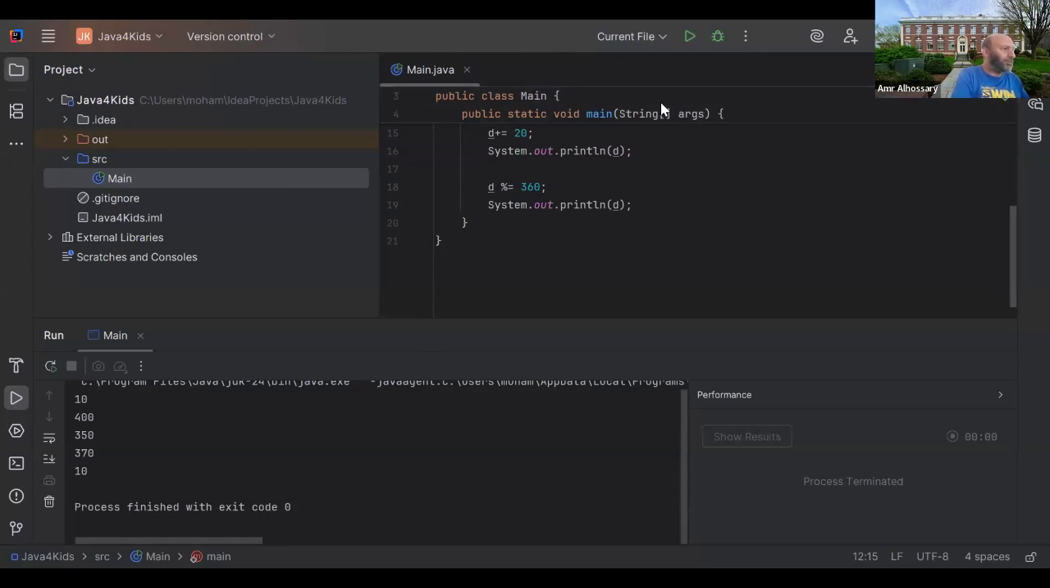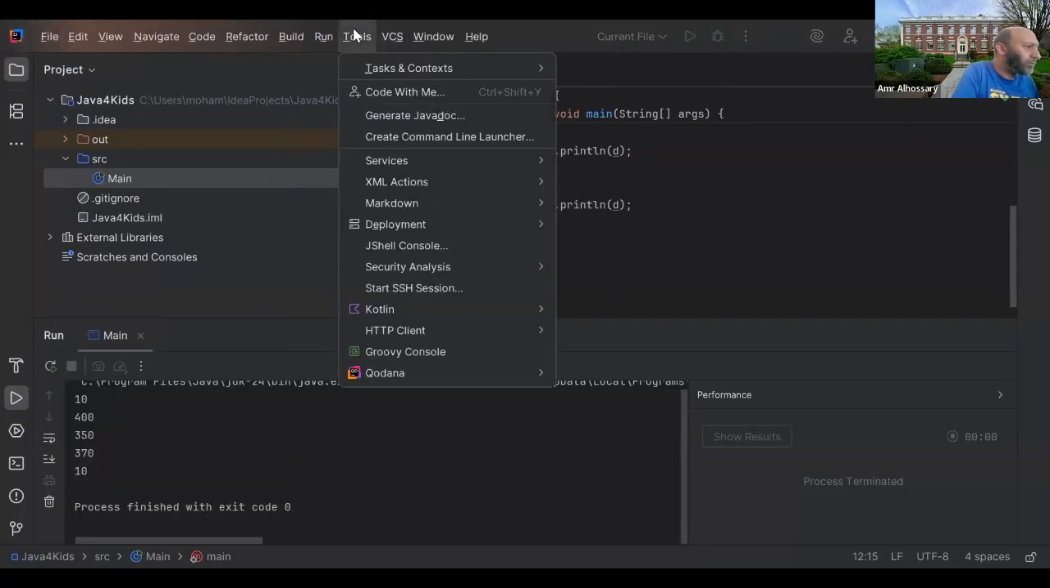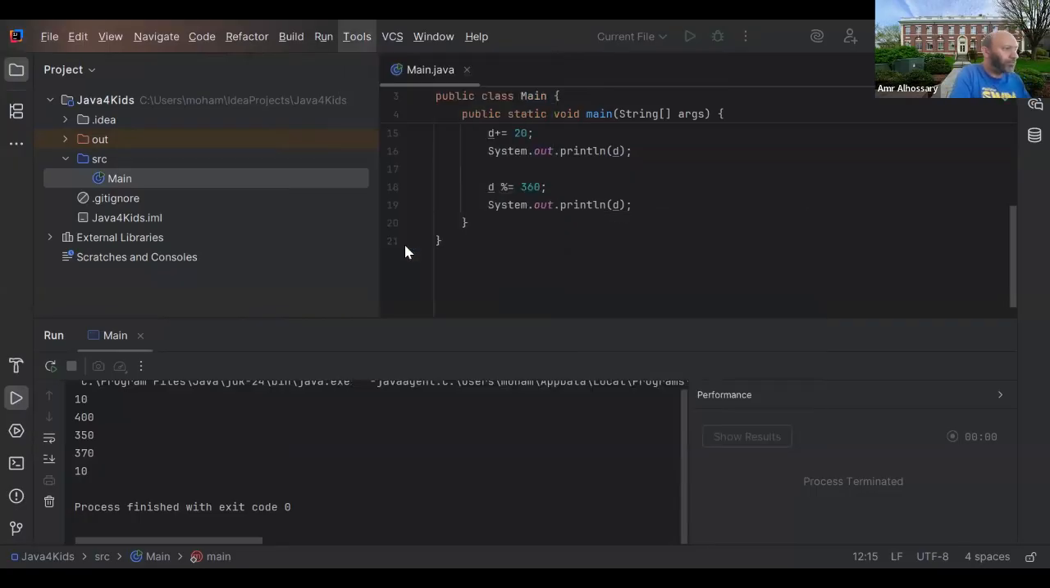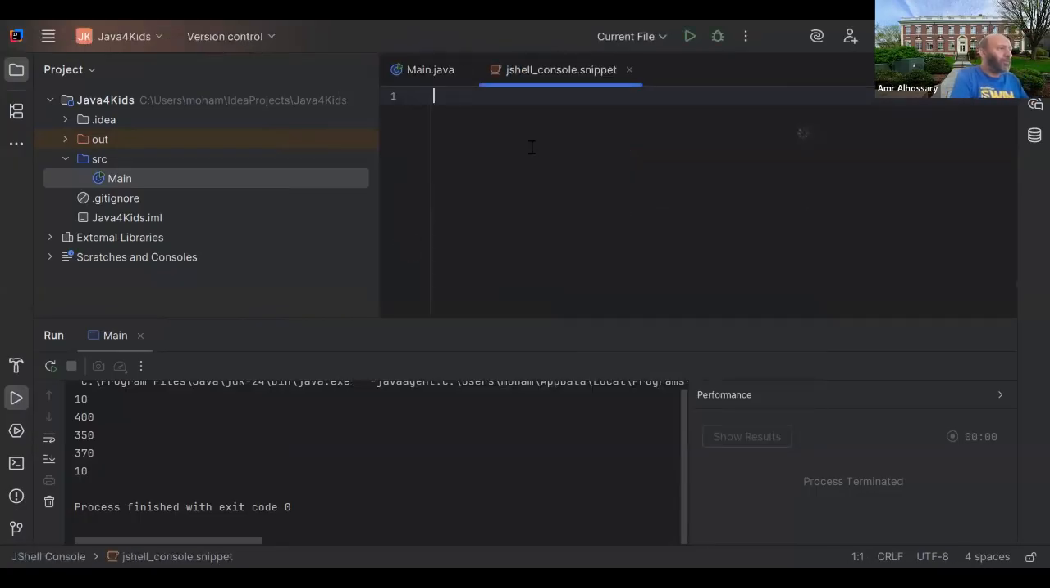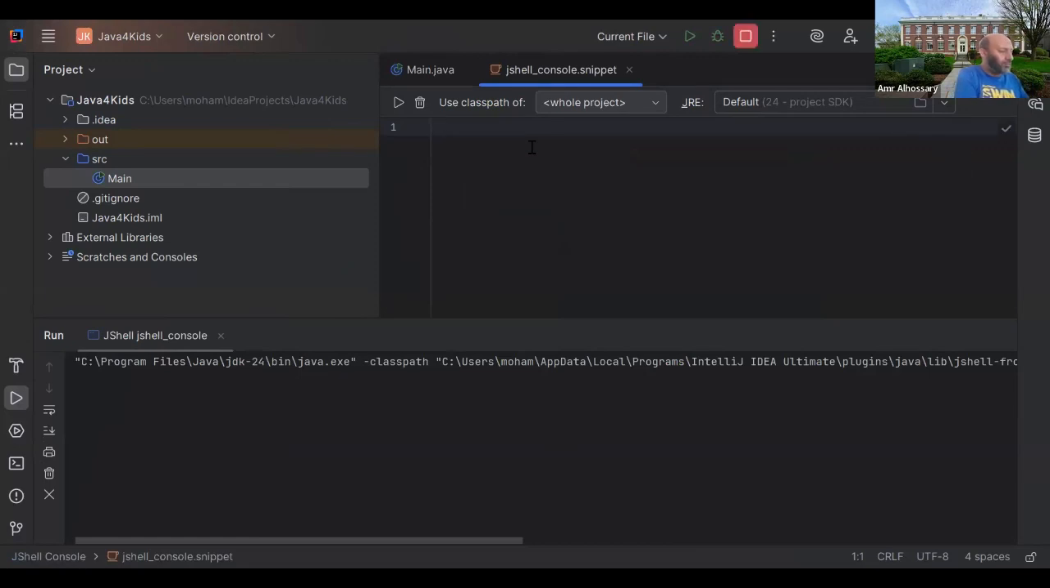وده ازاي؟ وده تحت ازاي؟ شكرا. The J shell should be faster. Tools. No. Chemical biology. A